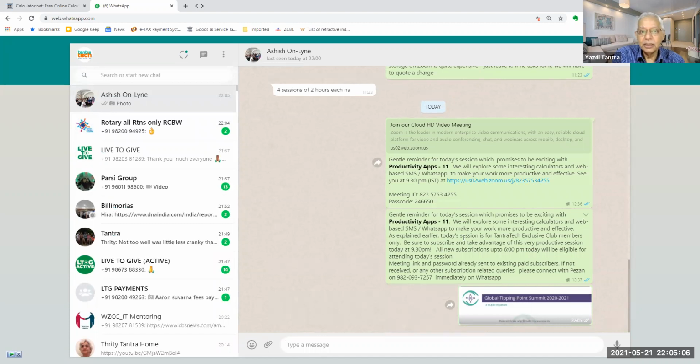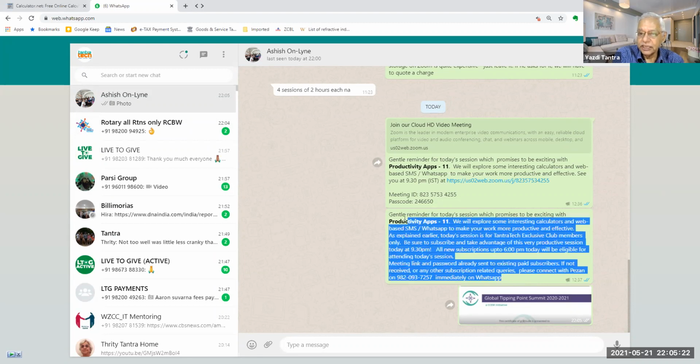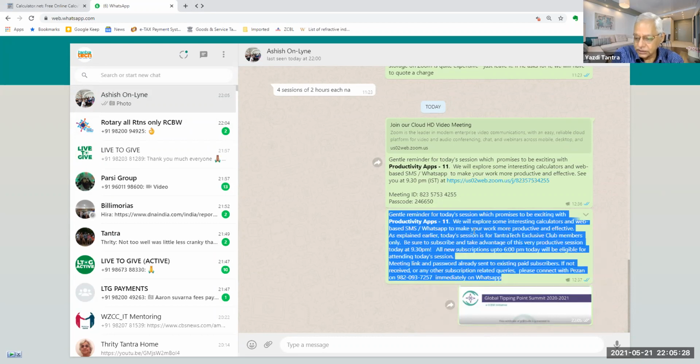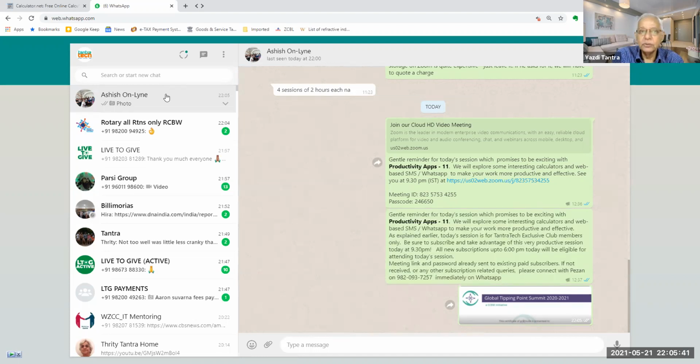Now normally, from the phone, if you want to send a picture which is there on your desktop, it becomes a very big pain. So straight away I can use anything to send or receive, and I can interact directly. If this text I want to copy, I can just right click, copy, and paste it anywhere else: in my email, in my WhatsApp, on my desktop, in my Word file, wherever I want to copy paste, I can copy paste directly. So this becomes very, very easy to handle WhatsApp, and all the other options are available.